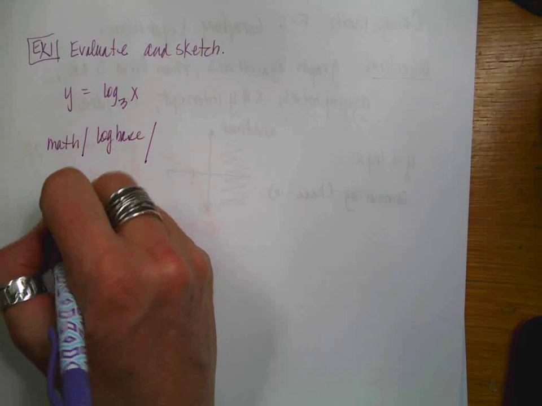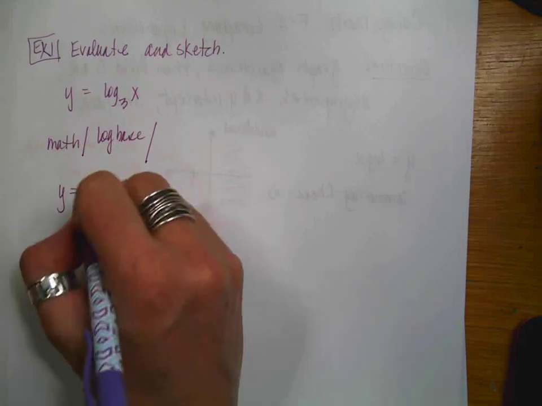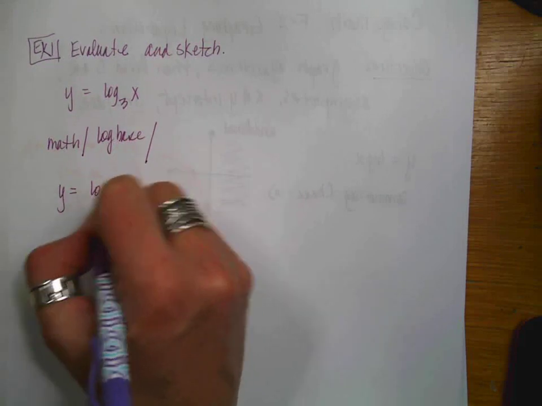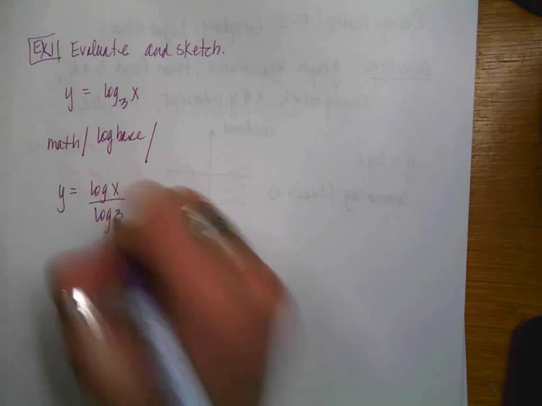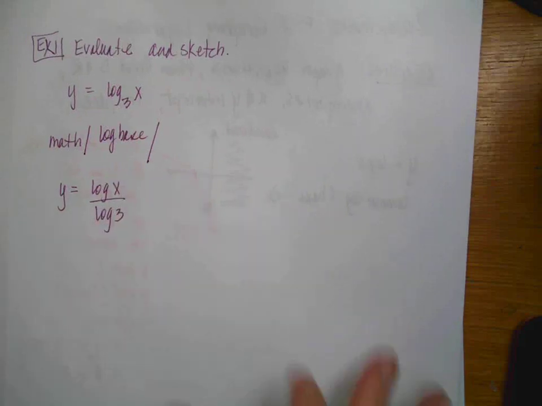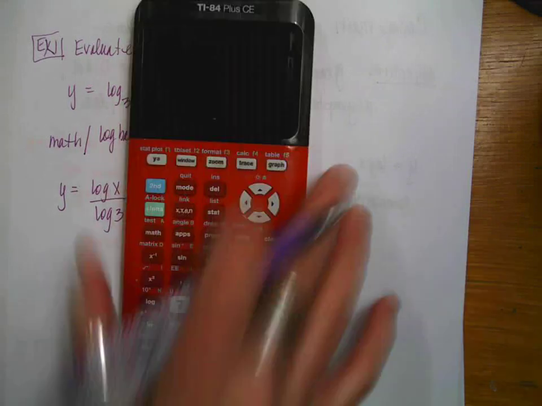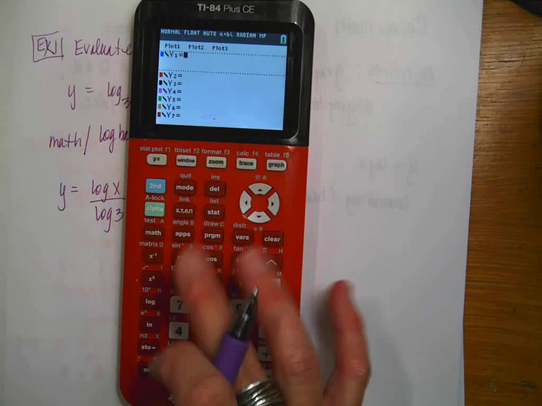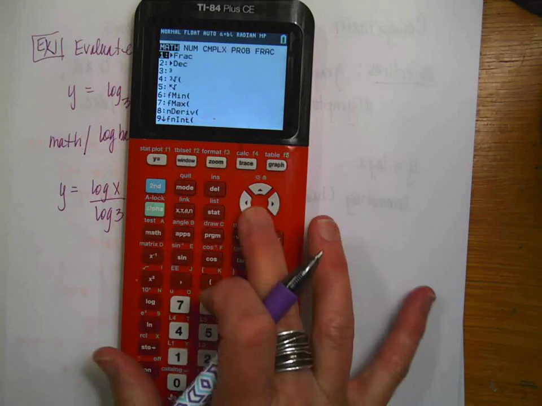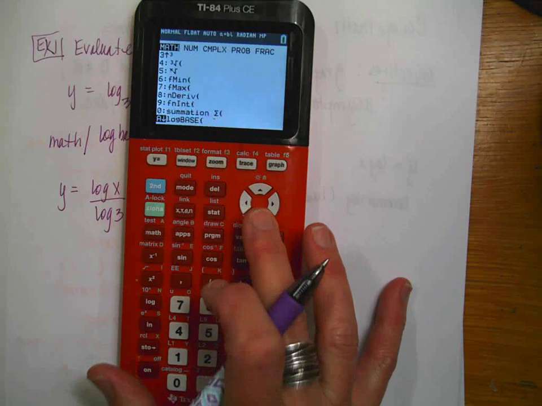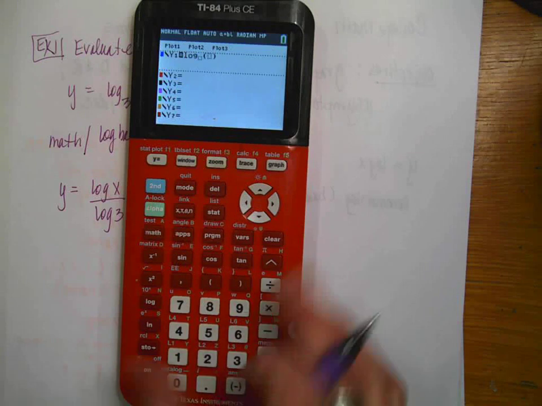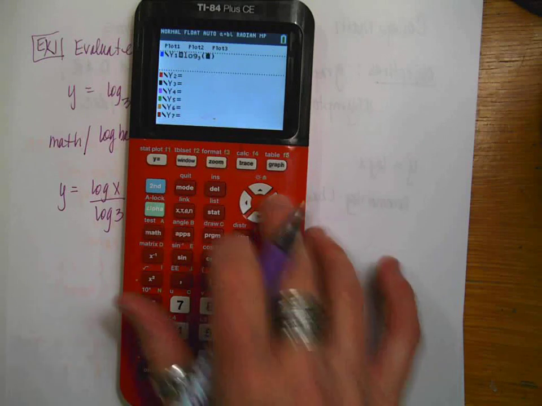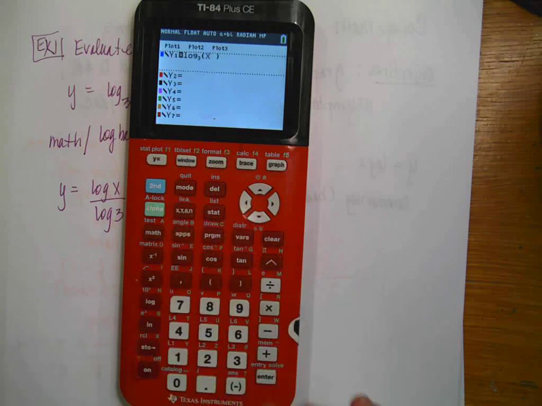If you're using an older calculator, you could use a change of base formula and write this as the log of x over the log of 3. And I'll show you both ways. So I'm actually going to start with the sketch. So I'm going to go to my handy-dandy grapher. I'm going to clear what's there, and I'm going to go to Math, and then I'm going to go way down to my log base, okay? And this one has a base of 3, and then there's my variable, and I'm going to do a zoom 6,